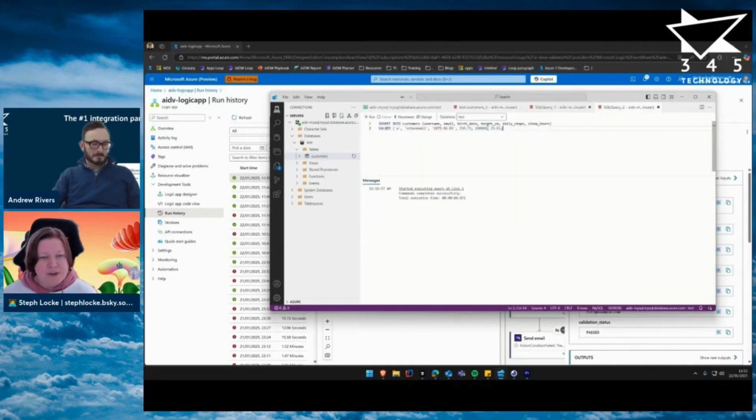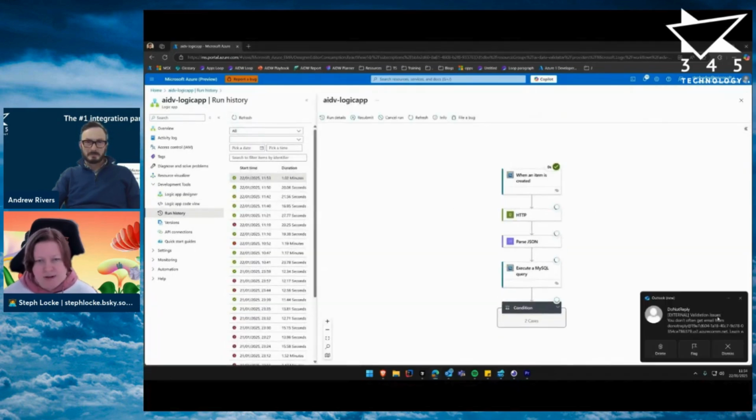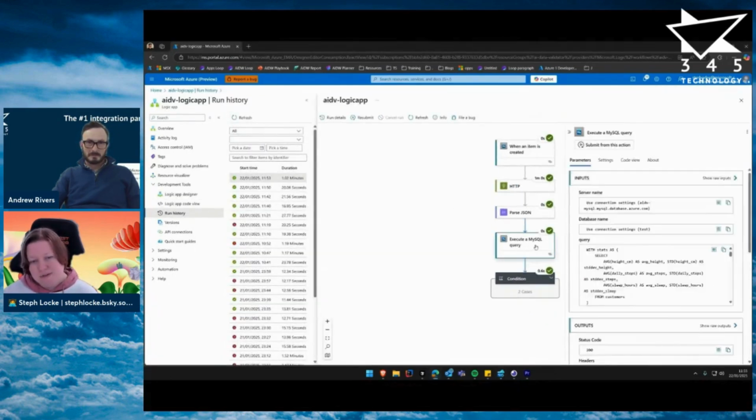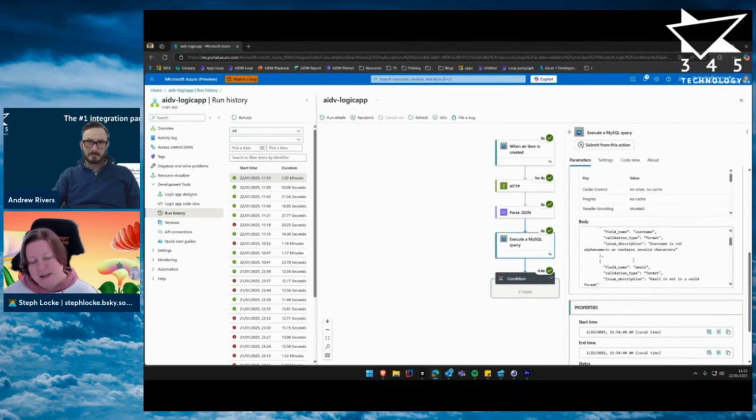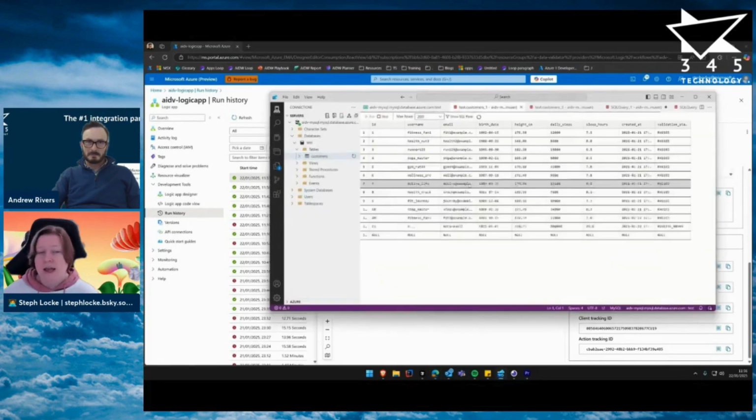Now we have a user that had not an email address, born in 1875, 200,000 steps a day, very outside the bounds. Because it found an error, it sent an email with all the different data validation issues. So this has been able to dynamically generate SQL